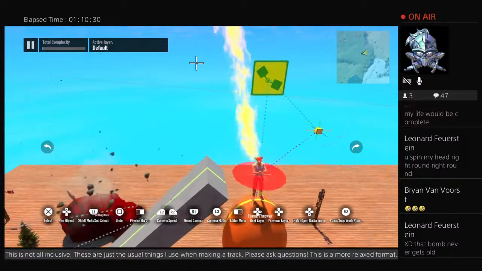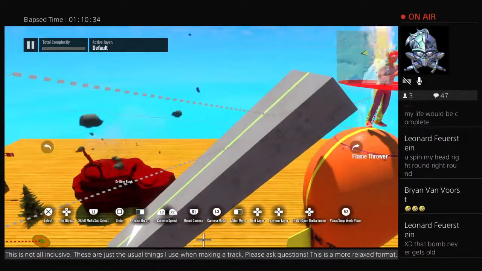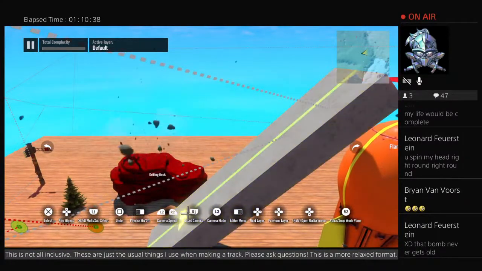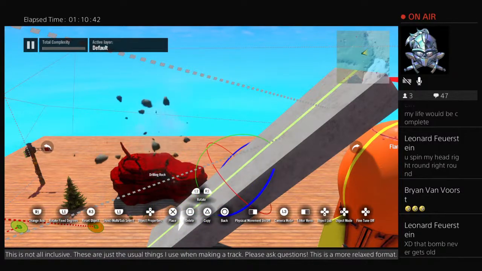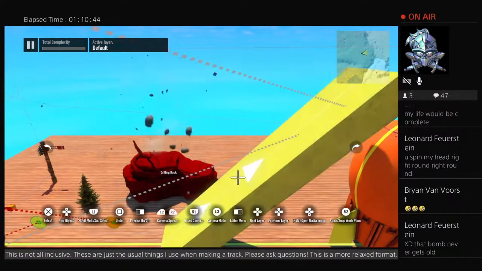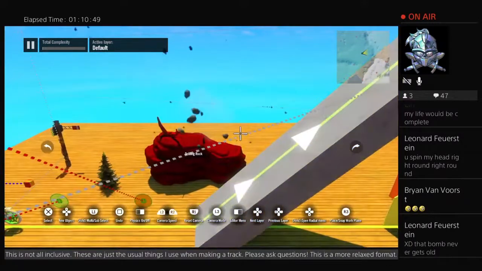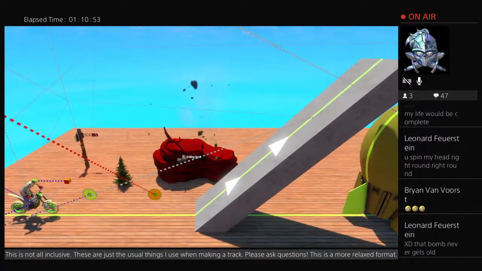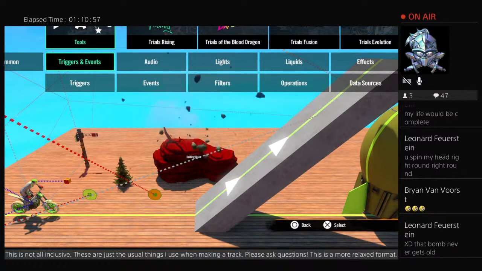So we're gonna do 2 lights for right now. I'm gonna take this light and copy it and put a friend up here. I want to make these change color, just flash throughout. What I'm gonna do is hit up on my D-pad and go over to triggers and events,